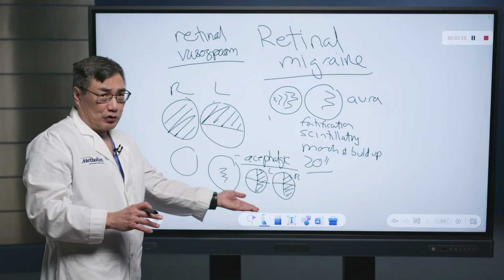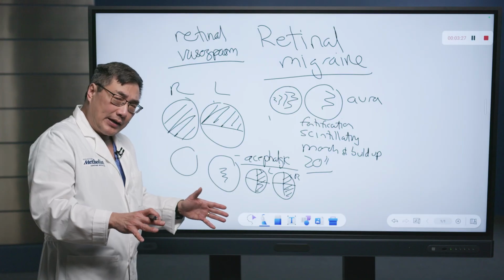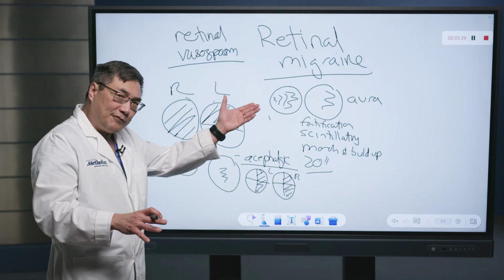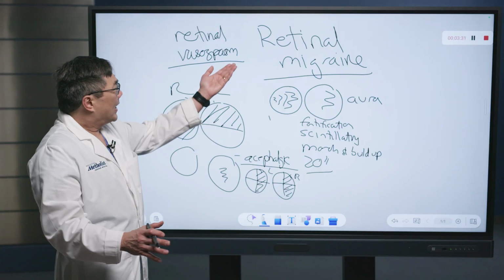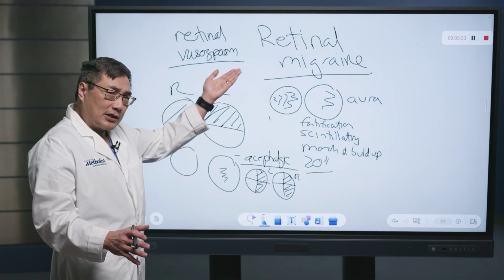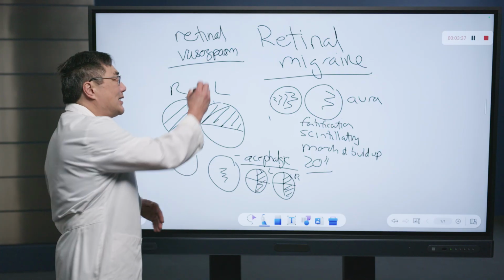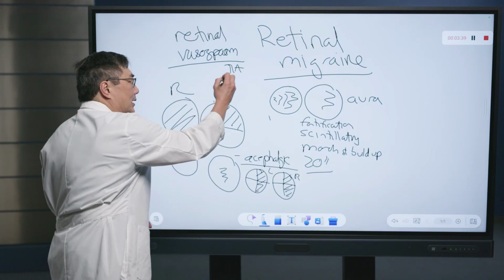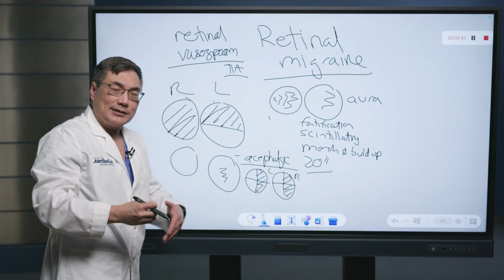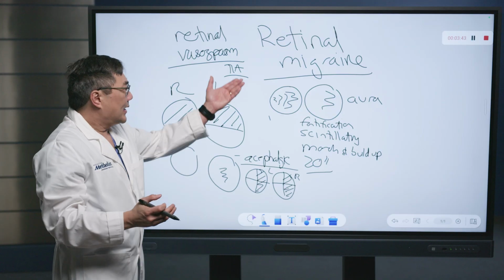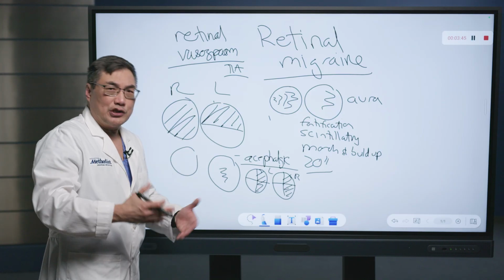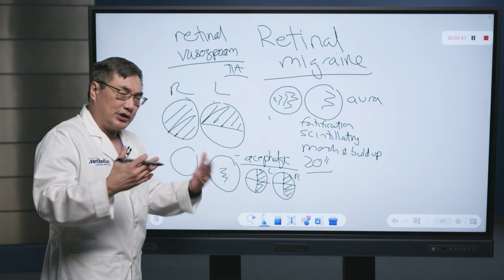Again, you have to do a visual field. There can't be any permanent residual field defect. You have to look in the fundus and make sure there's no blood clot. And probably, if they're in the vasculopathic age range, we do need to work up retinal vasospasm for TIA, the transient ischemic attack, amaurosis fugax, the transient fleeting blindness, and that means echocardiogram, EKG, cardiac monitoring, checking their blood counts,